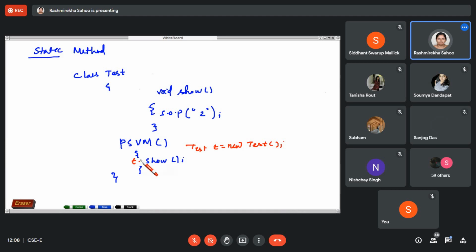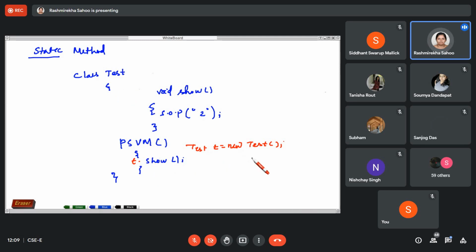If it is a normal, regular method, then you have to write this. Otherwise simply you can write show like this. But in case of your static method, you can write simply show if that is called in the same class. Otherwise if it is in a different class, you have to call it with that class name, test.show.